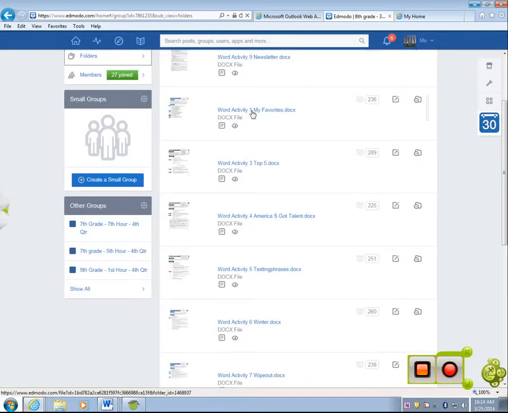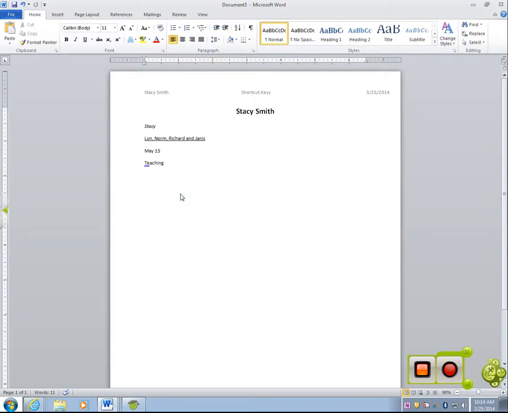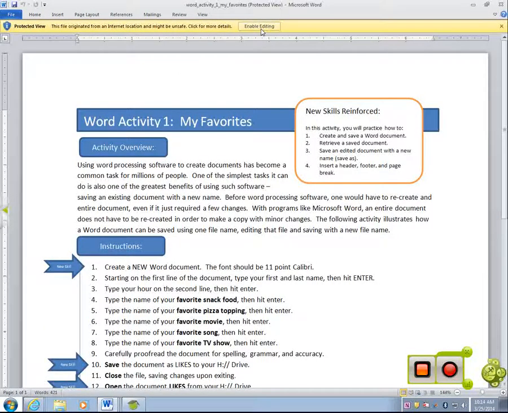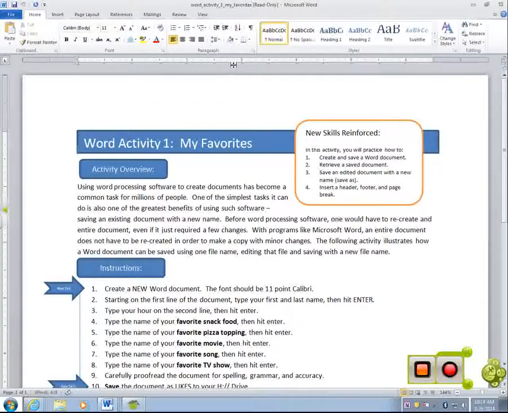So here's Word Activity 1. You just double click on it. If I say open, it'll open it up. And then I usually say enable editing because it just allows me to move it around a little easier. So that's it. You get the rest of the hour to work on Word Activity 1 and 2. Does anybody have